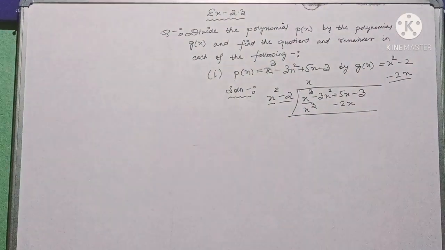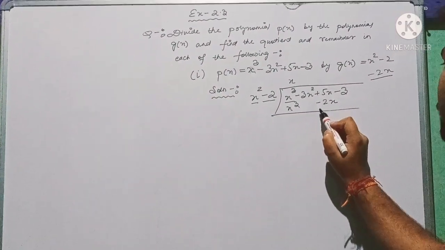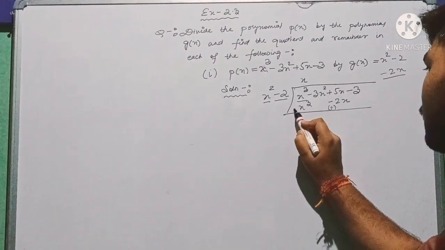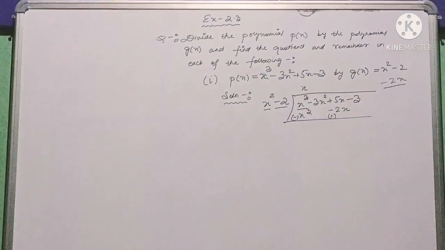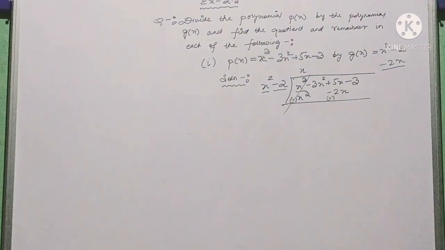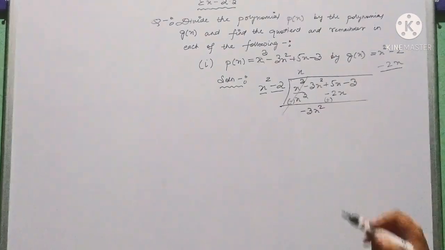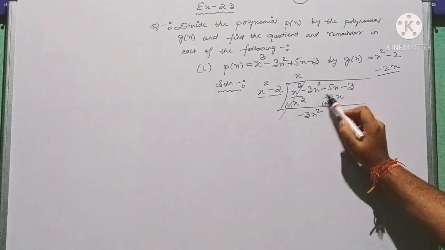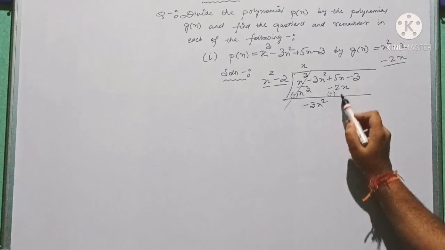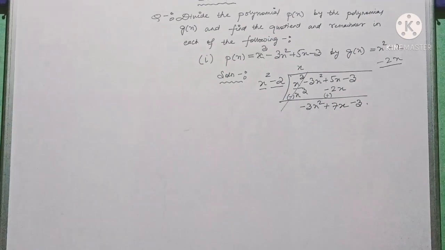Now we have to subtract here. How to subtract? Before subtracting algebraic terms, we have to change the sign. So this minus sign will become plus, and here there is no sign, meaning it is plus, and it will get converted into minus. Now you see, dear students, this plus x cube and minus x cube cancel out. So what is the remaining term? First of all, this minus 3x square will come below. After changing the sign, this minus sign has no value, so we have to see this plus sign. Here plus 5x and here plus 2x, it will become plus 7x. And this 3 will also come down.